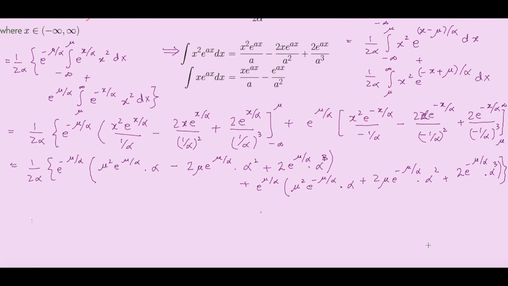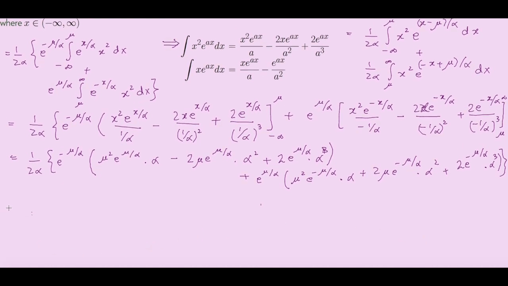Okay, so then what do we have? So then we have 1 over 2 alpha. Now this will cancel out with this. I will have mu squared alpha. Now this will cancel out with this. Then I will have minus 2 mu alpha squared, and similarly I will have plus 2 alpha cubed. Then I will have plus just mu squared alpha again, mu squared alpha plus 2 mu alpha squared, and then plus 2 alpha cubed,